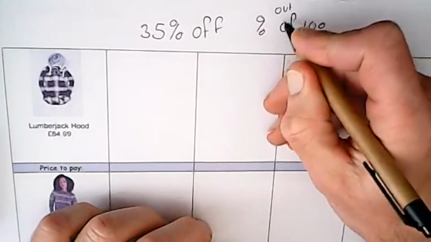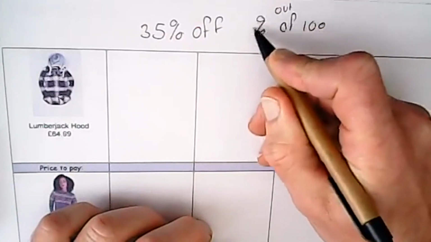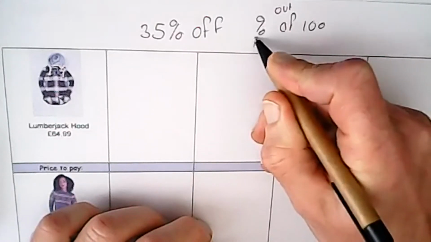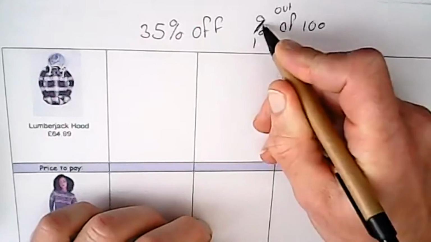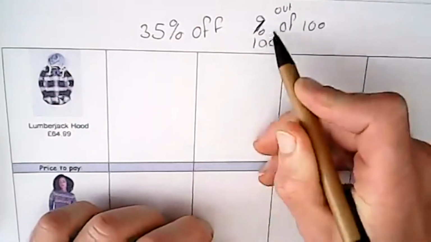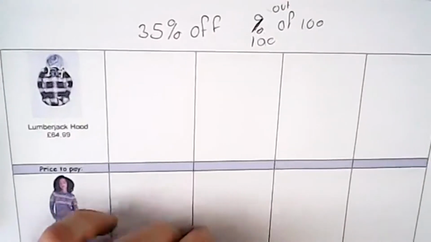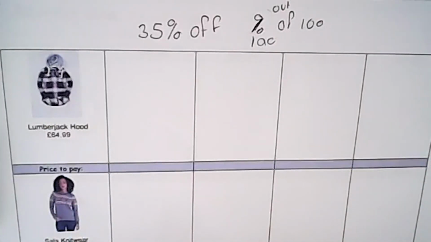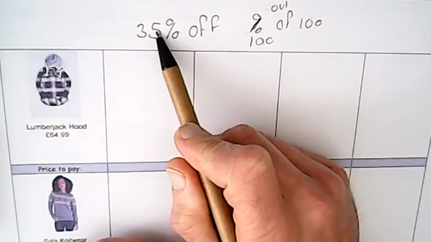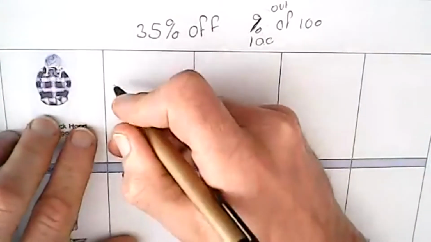Out of 100. And actually, that sign, if you wobble it a little bit, that slanted line makes a 1, and these two noughts make it 100. That's why that percentage looks like it is, out of 100. Okay, so using a calculator, you could dive in and just say that's 0.35 if you like, but it's quite